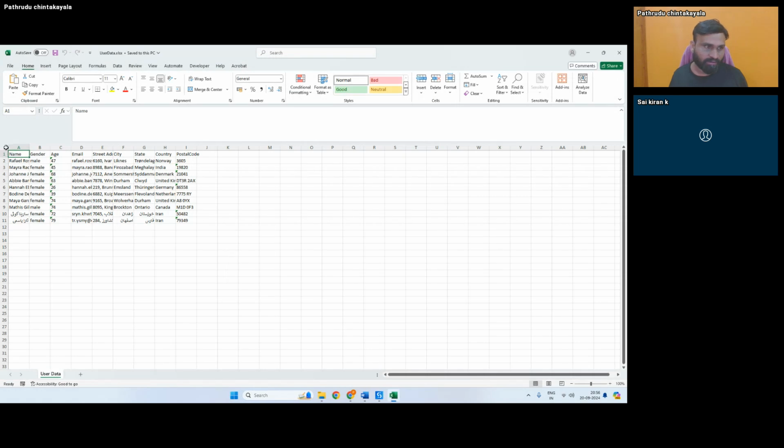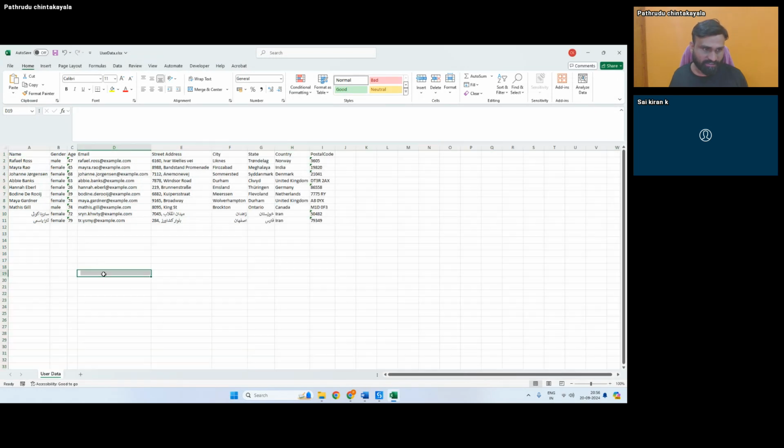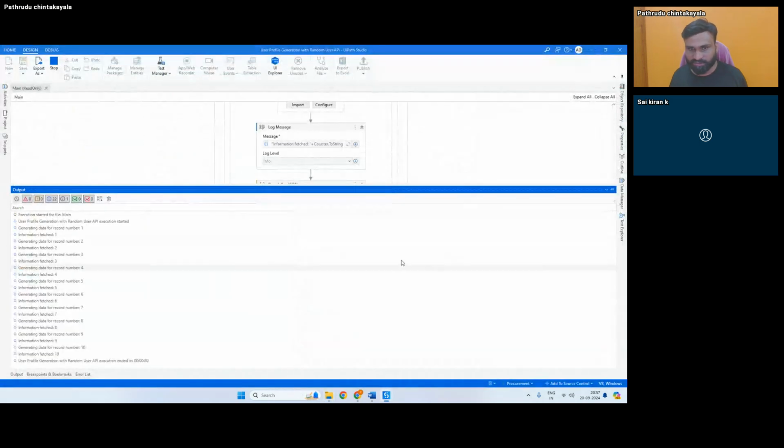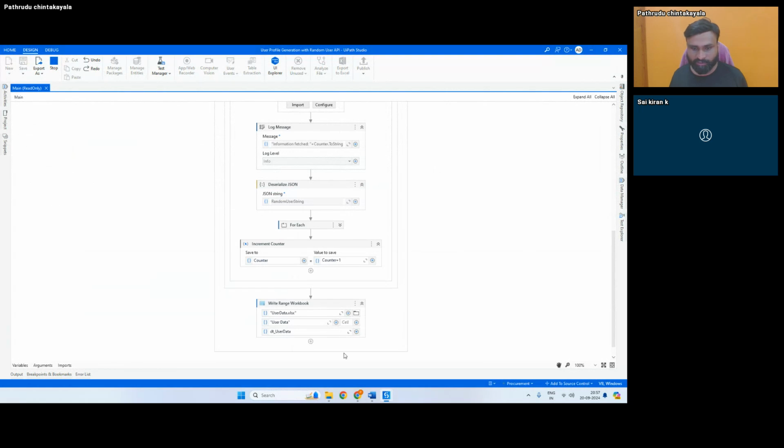Some information is in Arabic language, which is from the Iran country. So these are the different details we receive, irrespective of the language, because the keys are the same in terms of our JSON file. So this is how we can generate the data. I think we have completed both of the use cases for today, and now we are open for questions. If anyone has any questions,